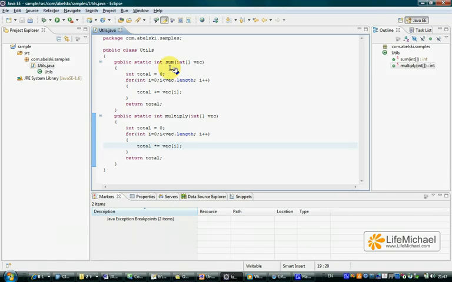When creating unit tests, we actually create, for each method we want to test, a new method that includes tests specifically for the method we want to test. In this code sample we have the class utils, so we want to have two new methods. One shall include tests for the method sum, and the other shall include tests for the method